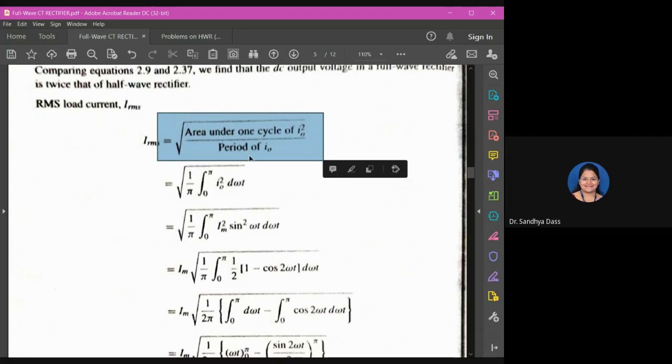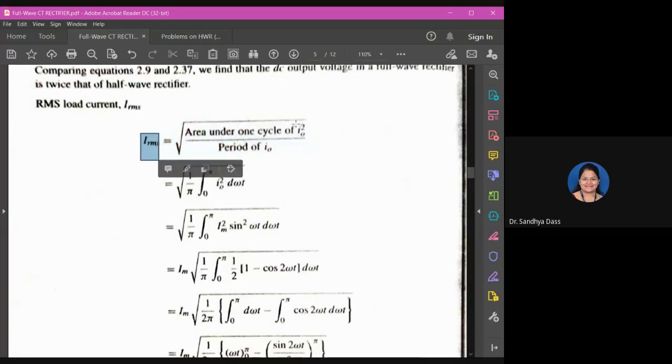So the period here, as I mentioned earlier, for a full wave rectifier we will take between 0 to pi, because it is continuously repeating for further cycles. All right. Under the square root again, you are taking the mean of the squares of the parameter. Since we are talking about IRMS, we are taking squares of the current values. All right. So going in a similar way, square root of